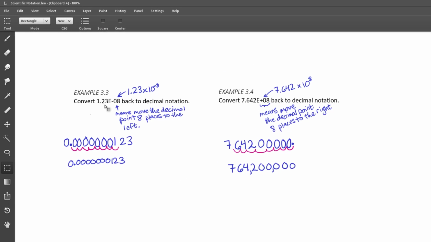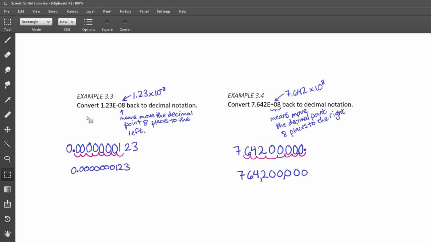Before going on, let's reflect on these two examples. So we had, in one case, convert a number in scientific notation with an exponent of negative 8. And in the other case, convert a number in scientific notation with an exponent of positive 8. What was the difference between the two? The difference was that when the exponent was negative, you had to take the decimal point in the number, move it to the left as many places as the magnitude of the exponent, in this case 8 places, and fill in with zeros. That's going to result in one fewer 0 than the number in the exponent between the decimal point and the first non-zero digit.